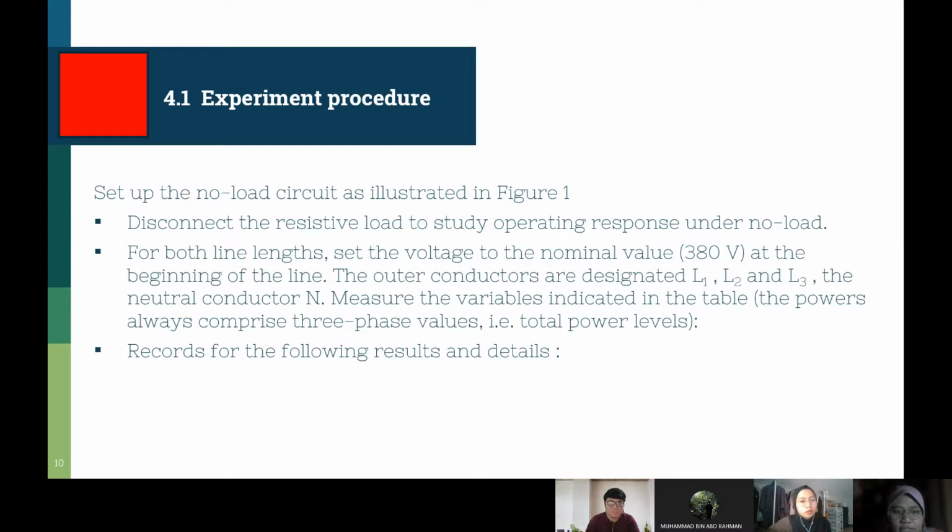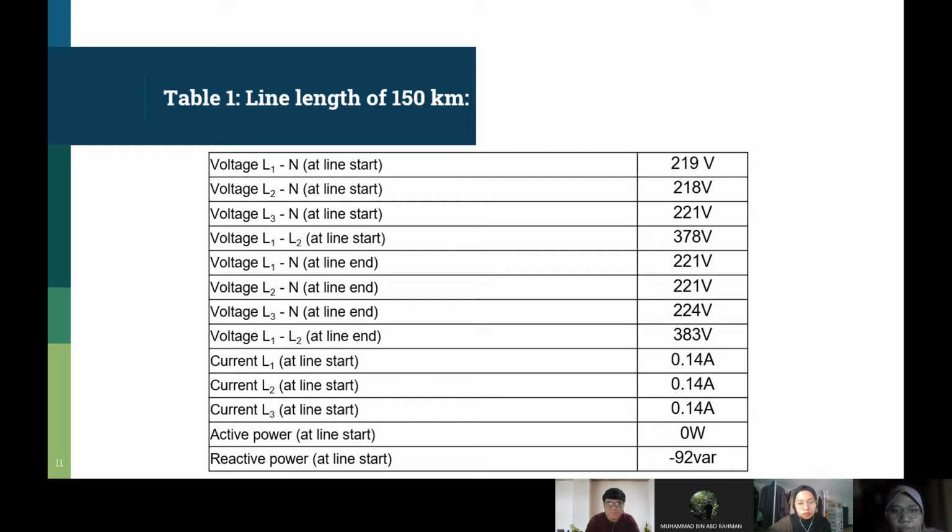The neutral conductor is N. We measure the variables indicated in the table. The power always comprises the 3 phase value. And then we record all the results in this table. We have table 1. This is table 1. We record for line length at 150 kilometers. For table number 2, we record the line length for 300 kilometers. This is all the